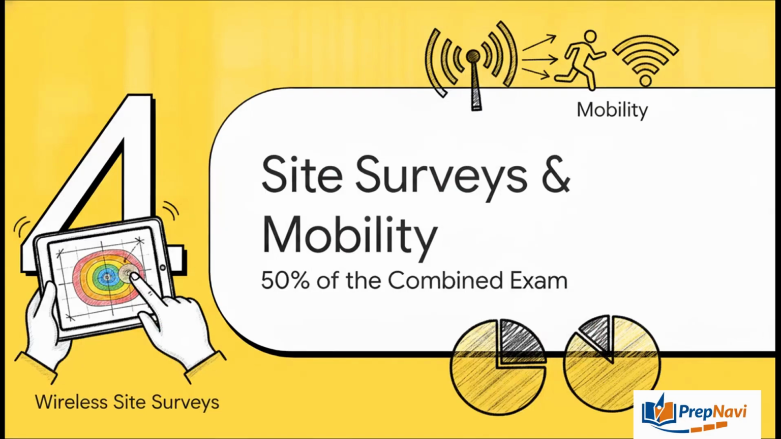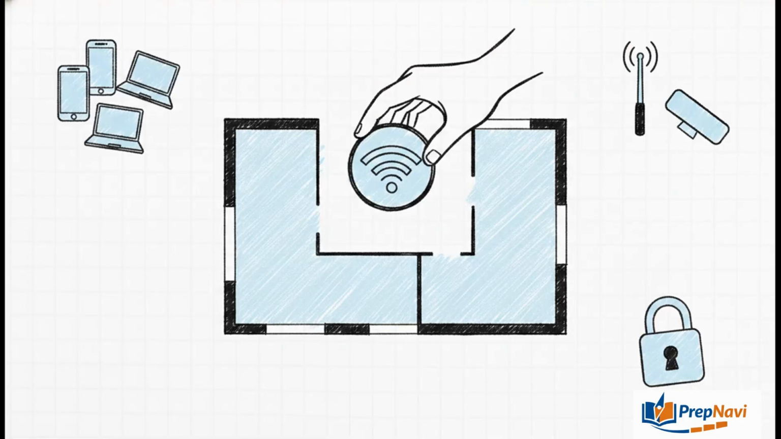Moving right along to Section 4, Site Surveys and Mobility. With that 30% heavyweight out of the way, we're shifting focus to the 2 domains that together make up half of your total exam score. For Objective 1.1 under Site Surveys, listen,